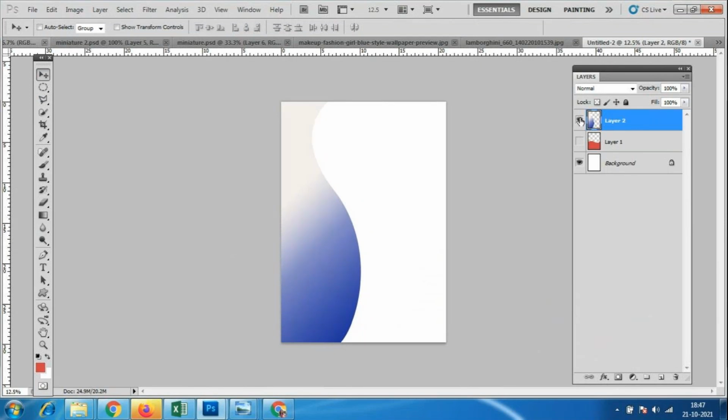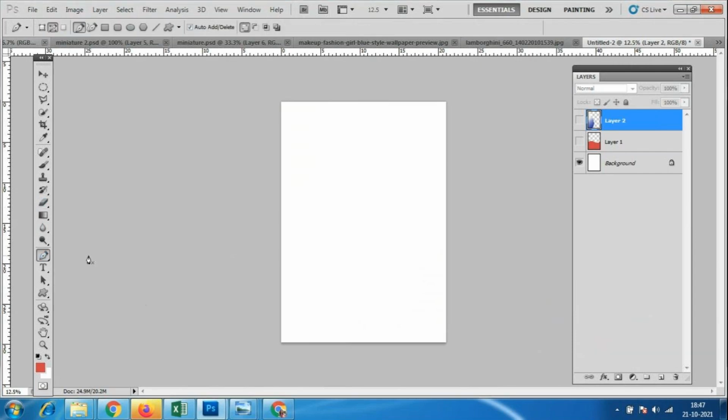Okay, so even using this pen tool we can cut the images also. We can cut the images using the pen tool. Okay, so what I will do, I will show you people once again the pen tool. So in this we have these many options, that is pen tool, freeform pen tool, add anchor point tool, delete anchor point tool, and convert point tool. So we have these many options. So one is freeform pen tool, add anchor points, delete anchor points.